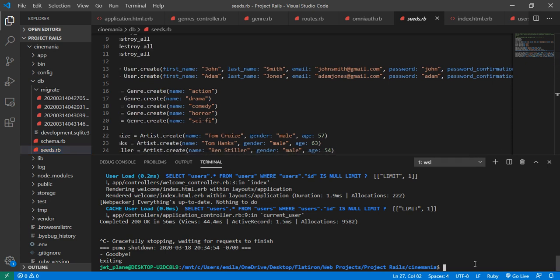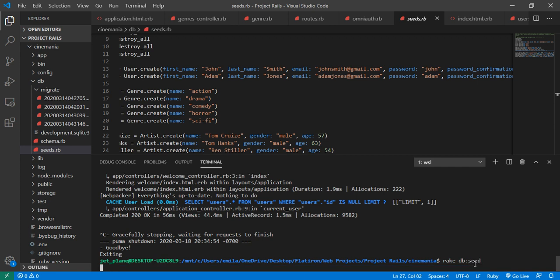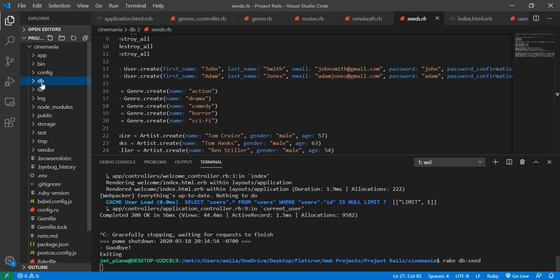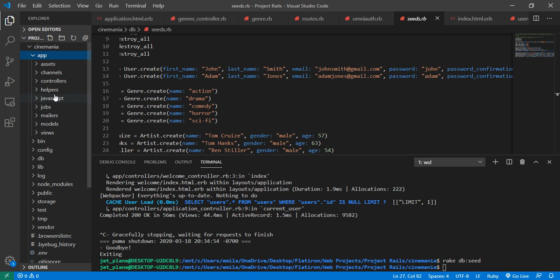So after I do rake db:seed, which will seed my database for my application, I will go to my models, to see